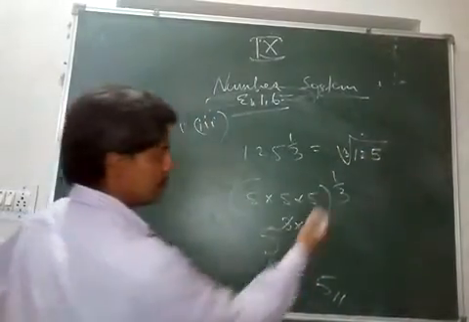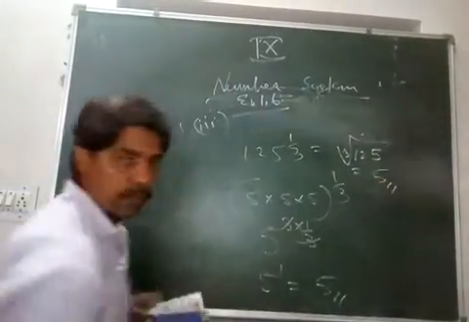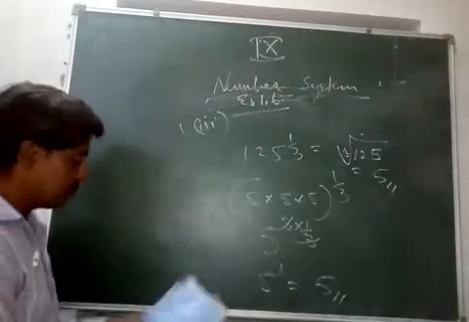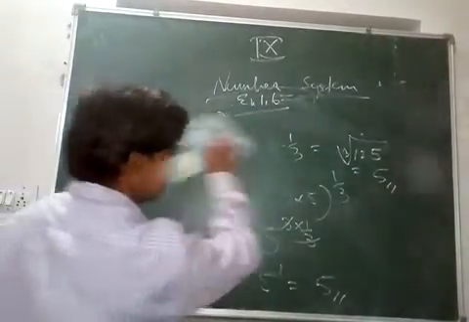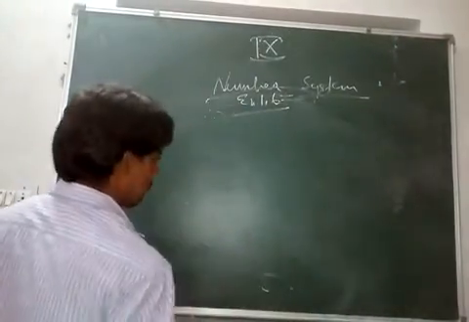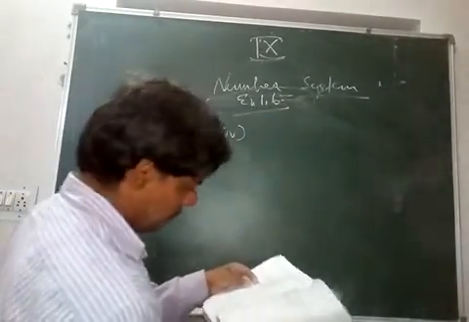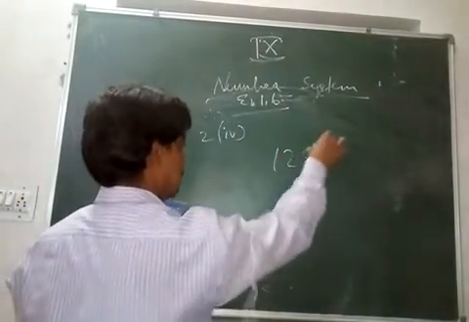Of course, you can see that this is basically the same as the cube root of 125. And what is the cube root of 125? 5. Okay. So anything like second, fourth part. I am doing second, fourth part. So the question is 125 to the power minus 1 by 3.